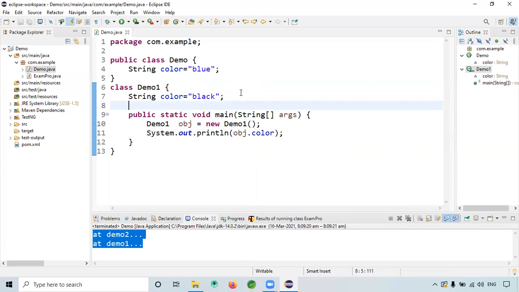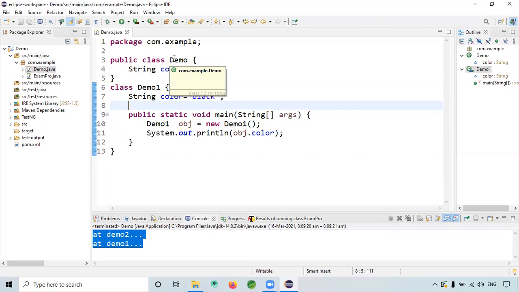Now we have two classes, and in the main you created the object. I think it should give you black. Basically, you compared it with the method overriding concept, right?